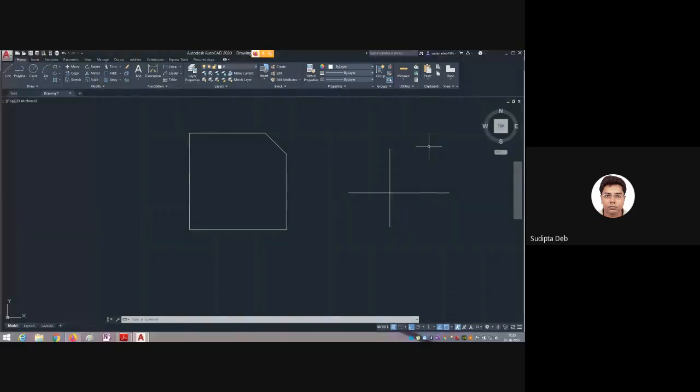How to draw? Command is line, L, enter. Specify first point, select this one, intersection. It is showing intersection right now. If you click here, you can give the first point. So select first point. Right now my ortho is on, that's why it is showing only horizontal and vertical lines. But I want to draw an inclined line. The distance is 40 and the angle in anti-clockwise direction is 45.